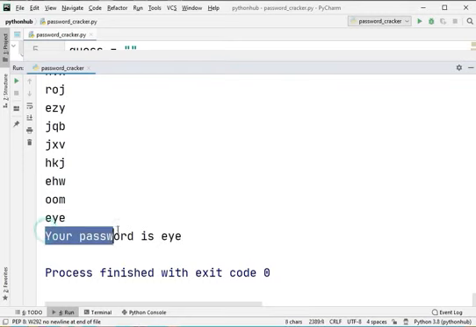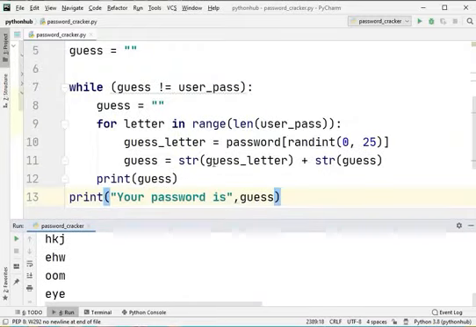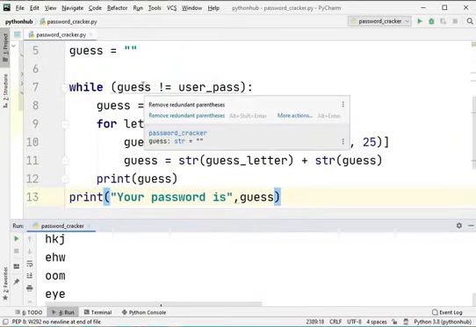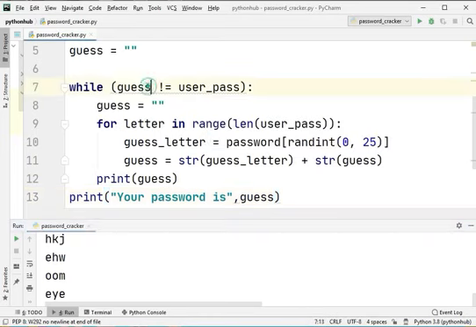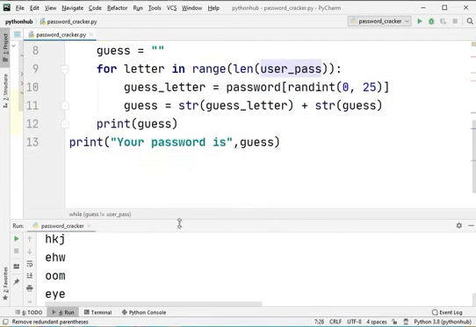When it found it, it printed the last statement, because the while loop terminated when guess equaled the user password, that is, guess was I and the user password was the same as we entered, I. Now let's run again and see a 4-length password.